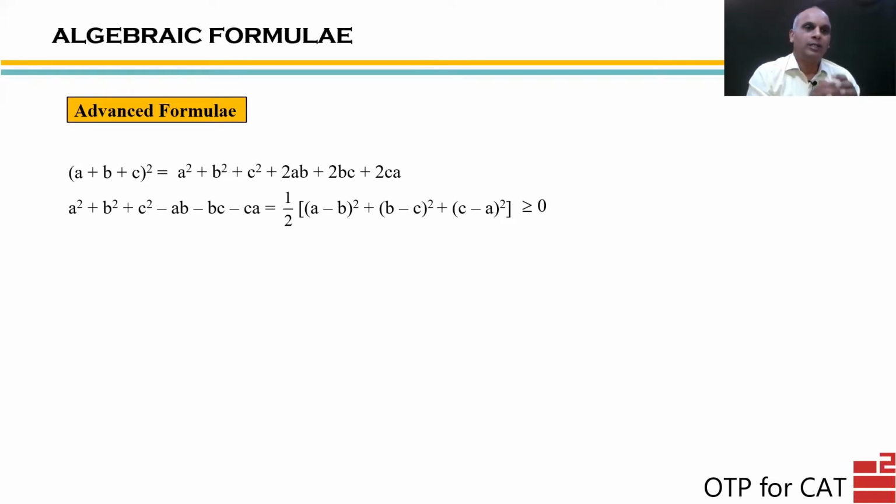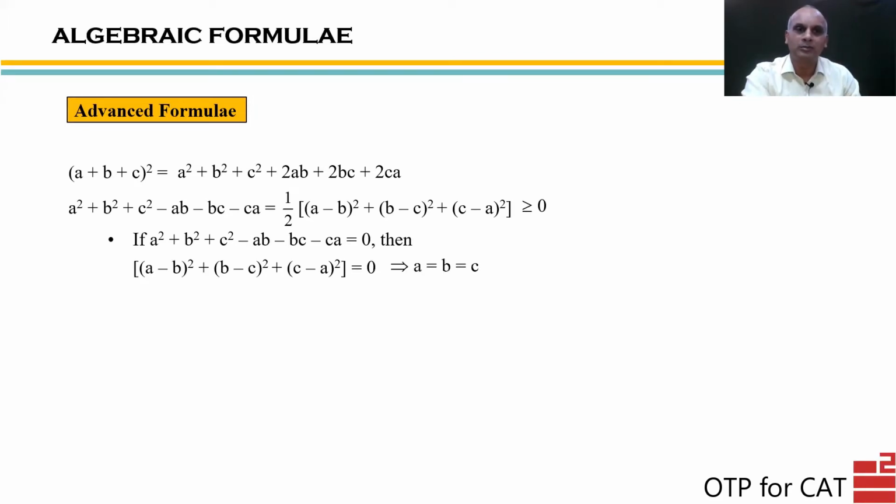Okay. Now we are saying that the given left-hand expression is either 0 or more than 0. That's a standard result. If it is equal to 0, then what happens? Then the right-hand side expression is also equal to 0. Half gets cancelled out, so we have (a minus b) whole square plus (b minus c) whole square plus (c minus a) whole square equals 0. And that means what? A sum of squares of real numbers is 0 means each term is individually 0.